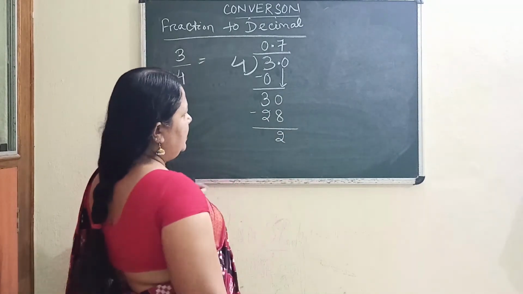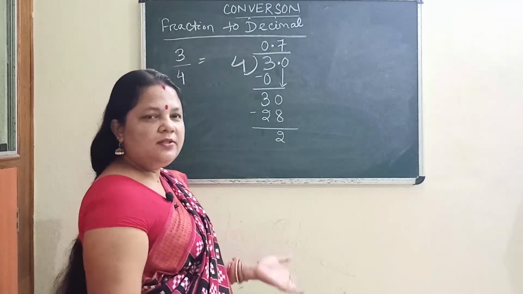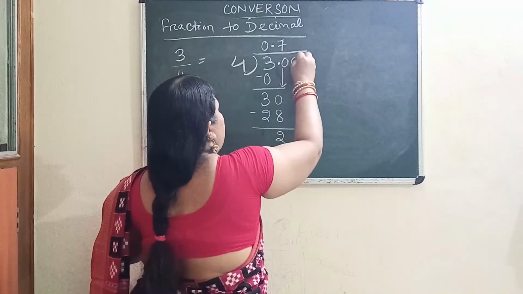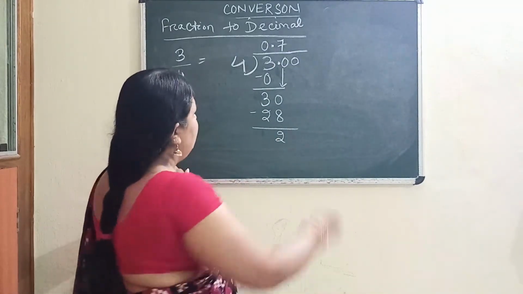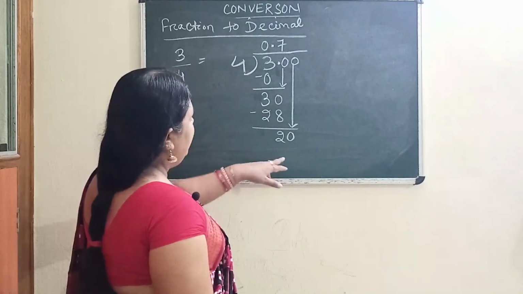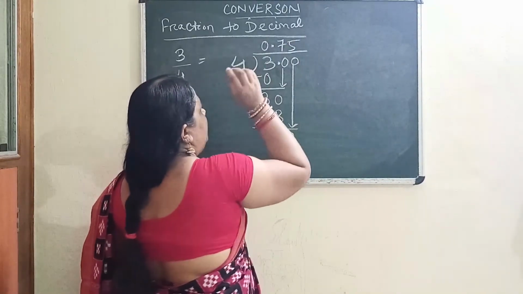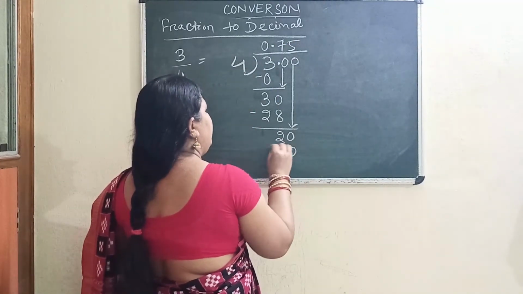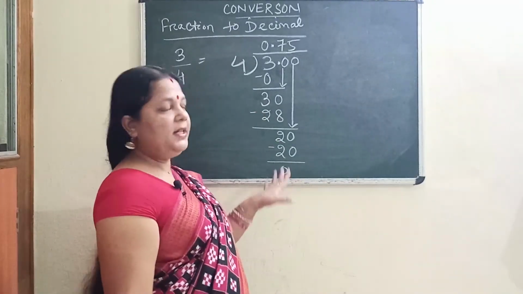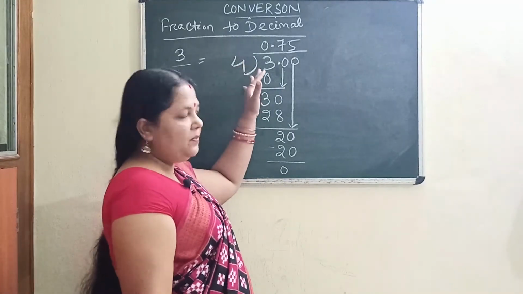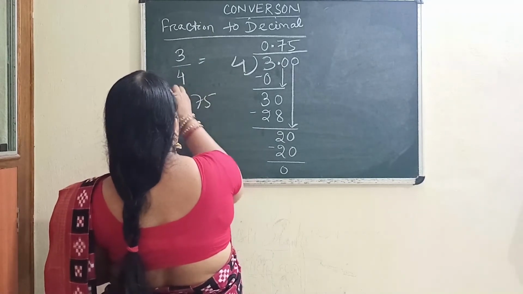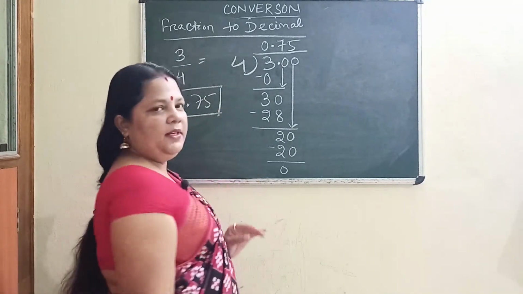2. Yes. Then again division is not completed. So what to do? 2 is the remainder. So we have to add one more zero. Okay. So then this 0 will come down, 20. Now we got here 20. In the 4 table we are getting 4 5s are 20, minus it. We got remainder 0, means our division is completed. Now it is completely divisible and we got 3 by 4 equal to 0.75 as your decimal number.